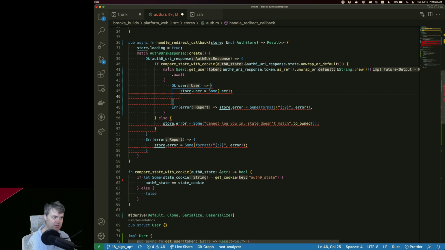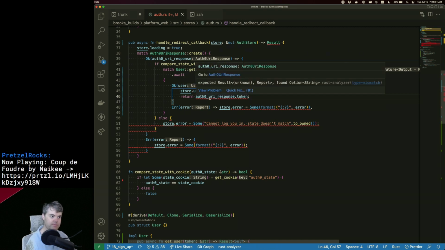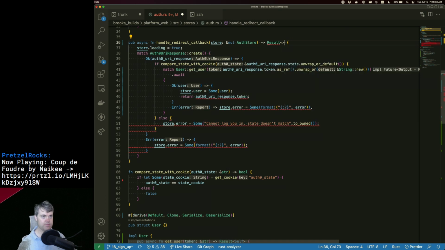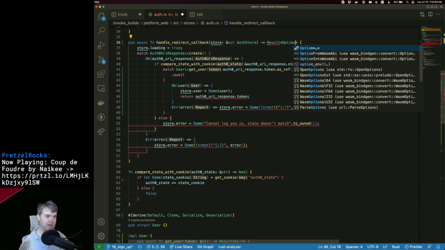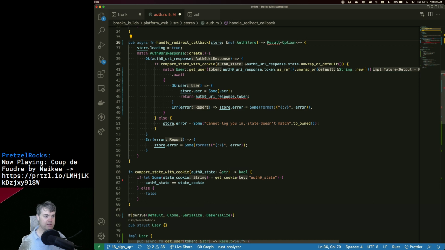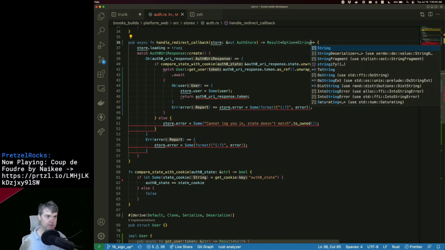Okay, so we have this auth, so we match here. This goes to here. I want to return Auth0 response dot token. So you're going to be an option string. Right, we have everything else.